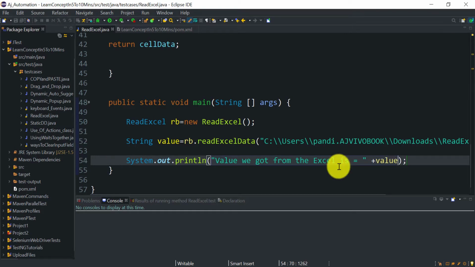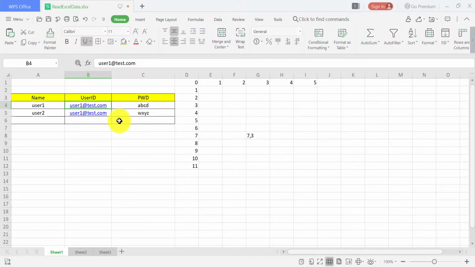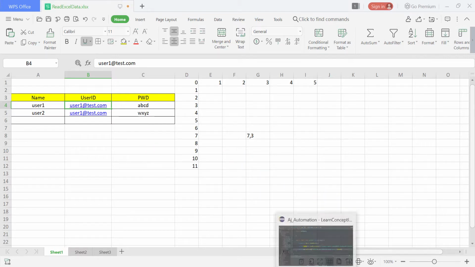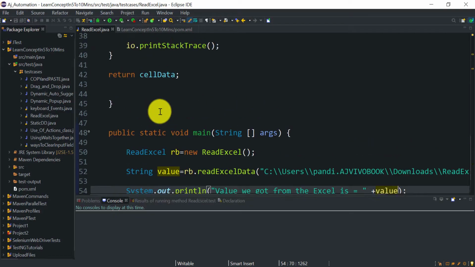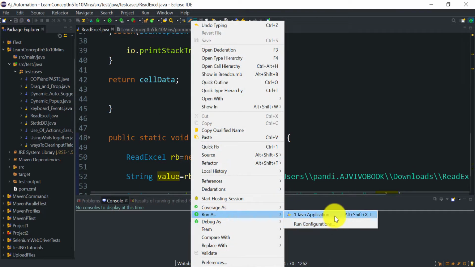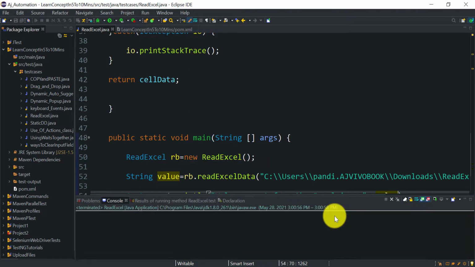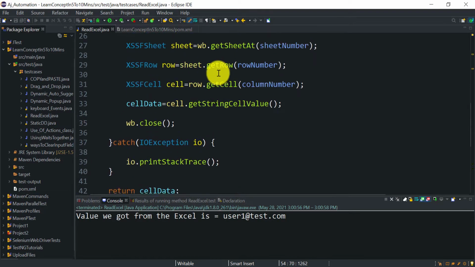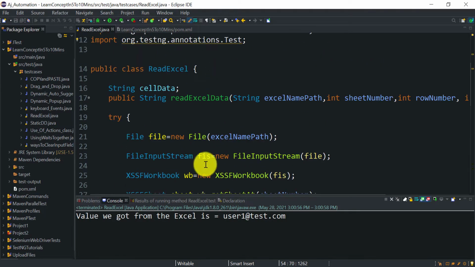Now if we run this program we should get user1@test.com in the output. Then only we can say that our program is working fine. So let's run this, Run As Java Application. Quickly, you can see we got user1@test.com. So our utility, our generic method, is working fine.